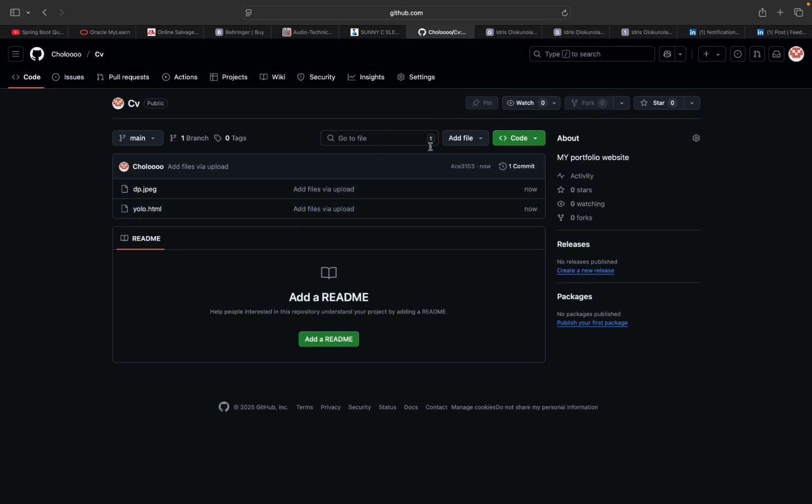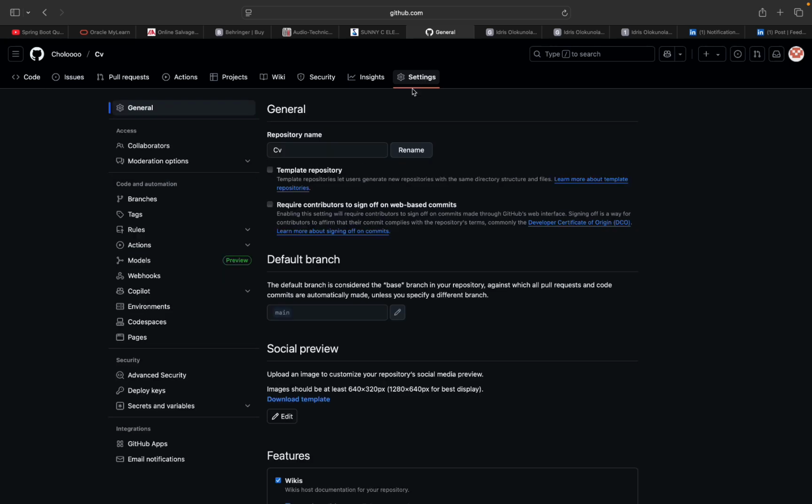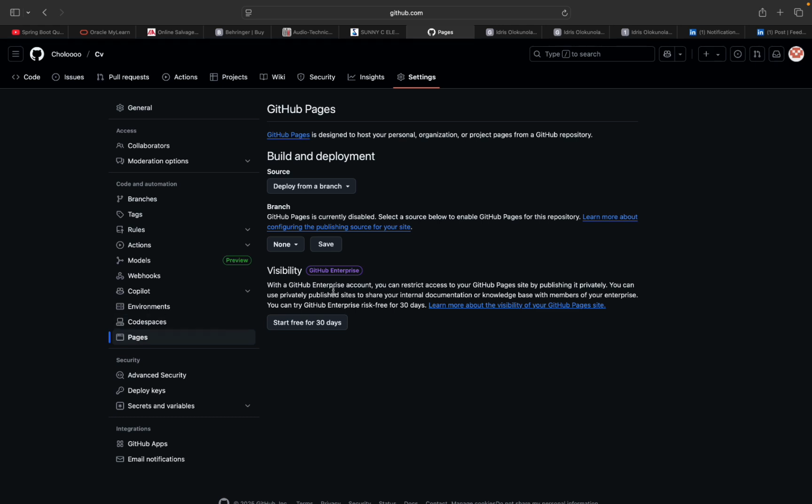Then from here, what you're going to do next is you go to settings. Once you go to settings here, you go to pages here. Then you make sure you save. Once you save,